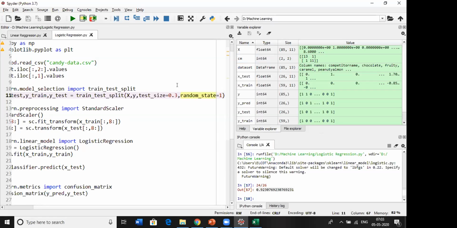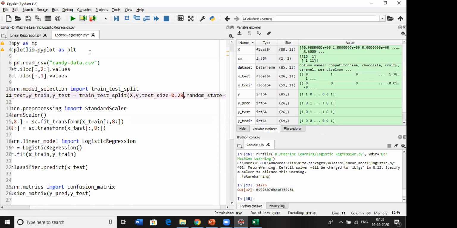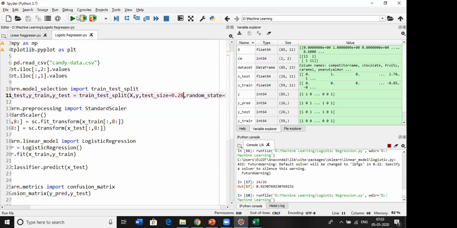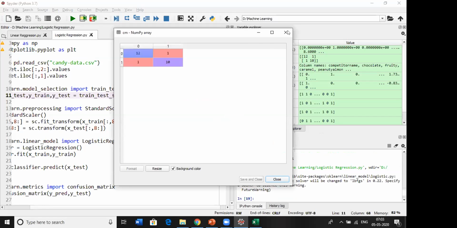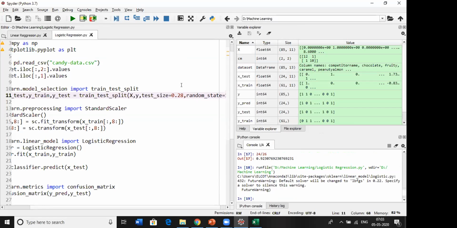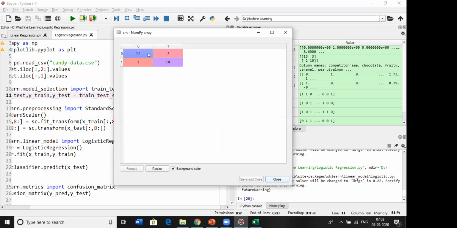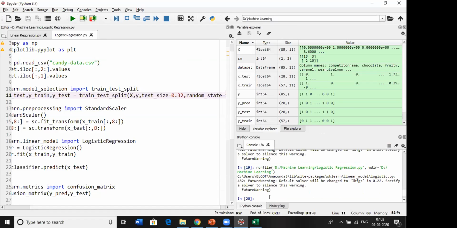Let's try to change the test size to 0.28 and see what we get. Here we got the same result. Now we have 23 correct and 5 wrong, 23 divided by 26.